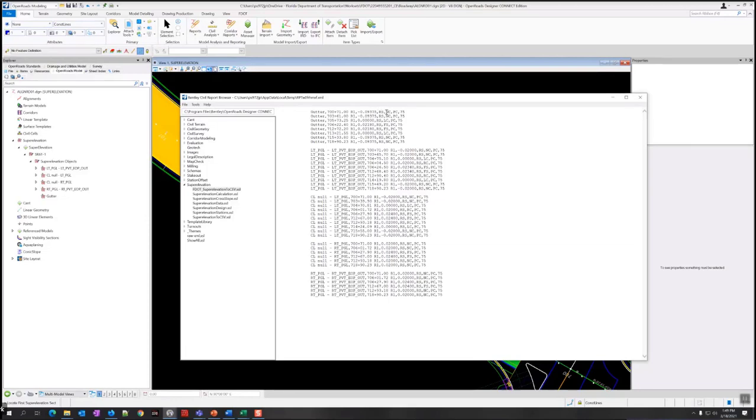So this one, just so you know what these mean, this is normal crown, LC is a level crown, FS is a full super, RC would be reverse crown, PC would stand for the parabolic curve, and then this 75 here is the length of the curve. 75 is hard coded, so if you change the PC, it's still going to say 75 in this report, only because that information is, at least currently in this version